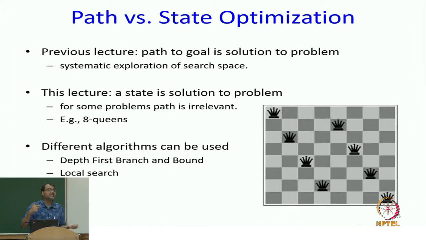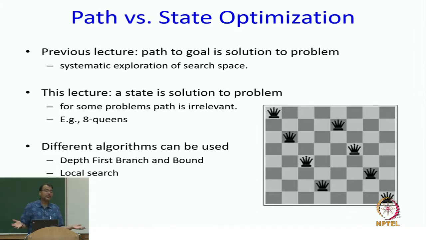But notice what this was trying to do, it was trying to find the shortest path to a goal. Now, of course, in this case we know that all goals reside at length n, at depth n. So, it does not matter, as soon as we find the first we will stop, etc., etc. But really, it did not matter whether I place the queen number 1 first in the first column or queen in the second column first. In fact, we can even do a better job of search by imposing an ordering in which we place the queens, if you want to do this, and we will get to that in the next set of slides.